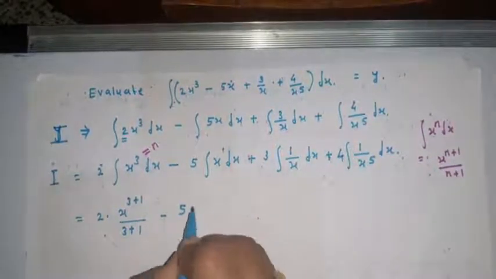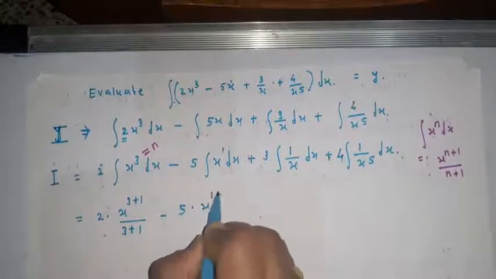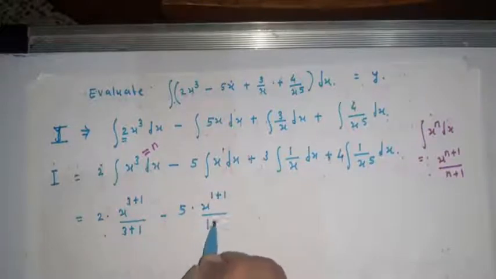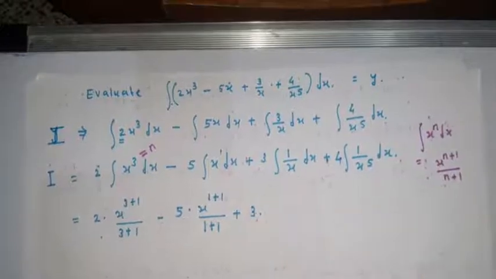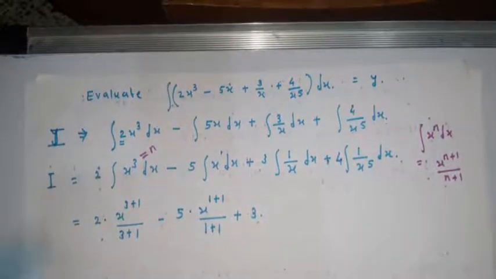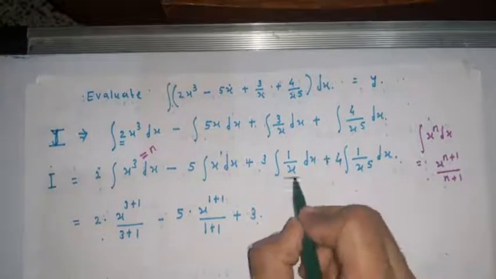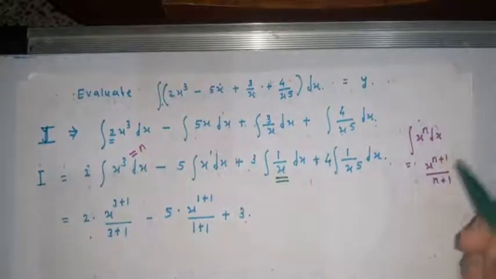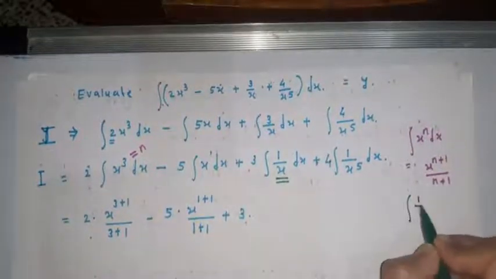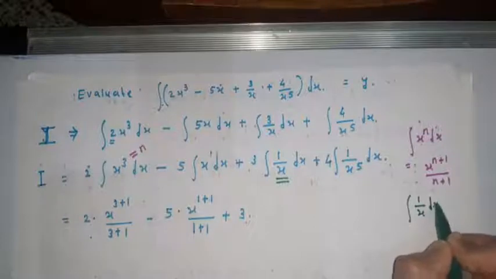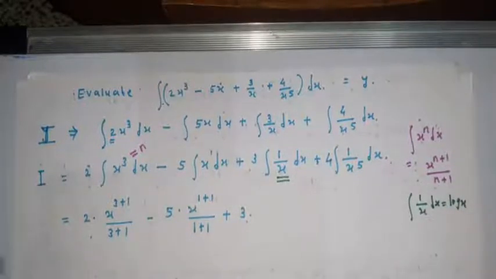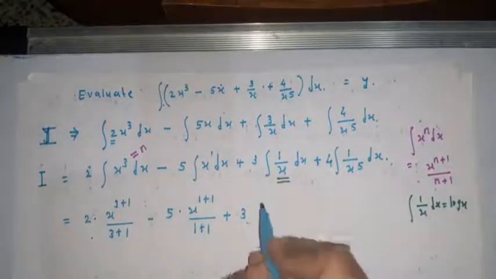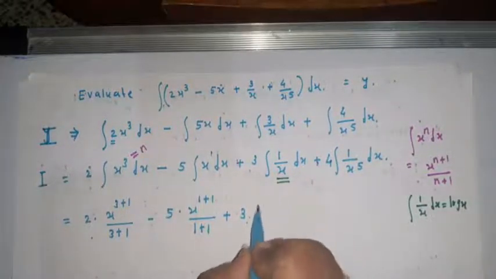Therefore x raised to 1 plus 1 upon 1 plus 1, plus 3 as a constant, and here by directly using the integration of 1 upon x with respect to x equal to log of x. By using this formula, the integration of 1 upon x is log of x,